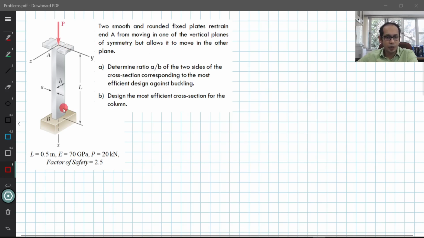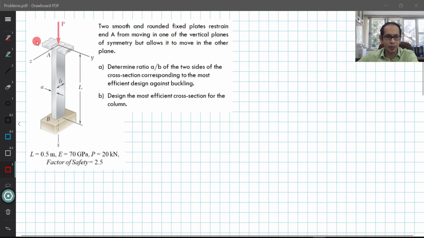Now if you see over here, the bottom part B, it's fixed. So here you have a fixed cantilever end. But if you take a look at this top over here, if the column is trying to buckle about this plane, that is about the y axis, then in that case this end A does not have any restriction, so it acts like a free end over here. Whereas if the column is trying to buckle about the ZZ axis,